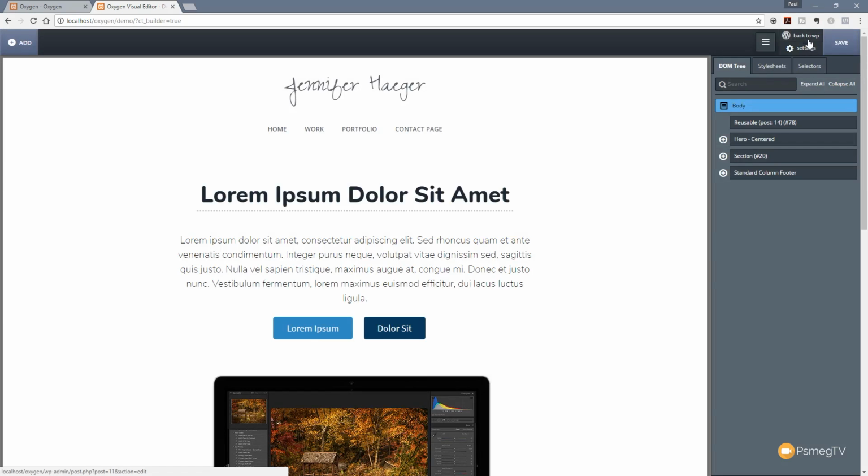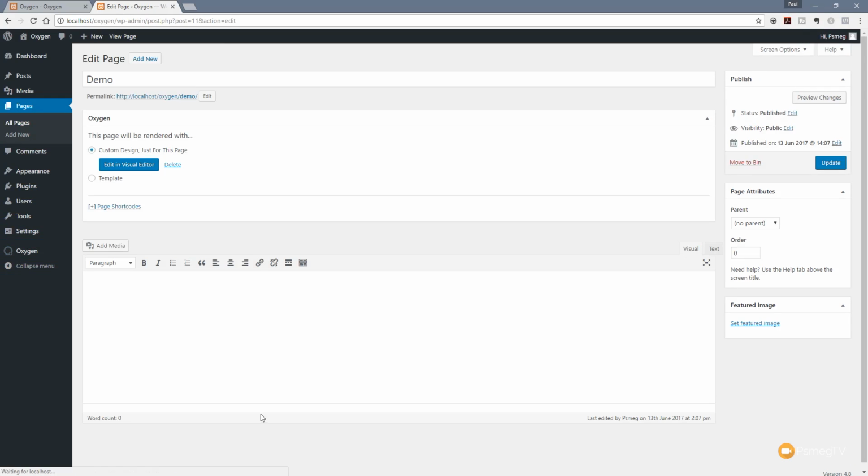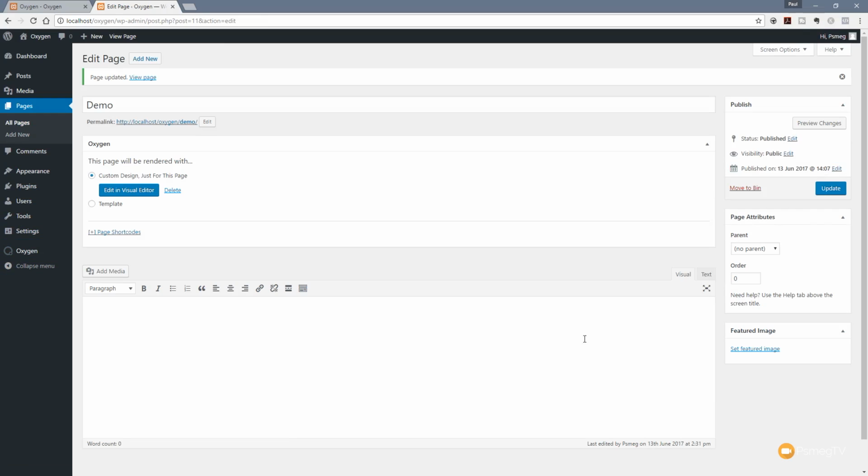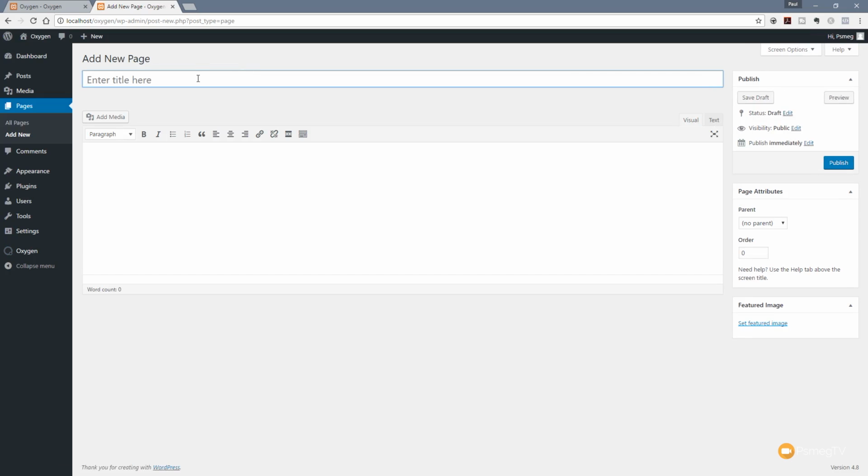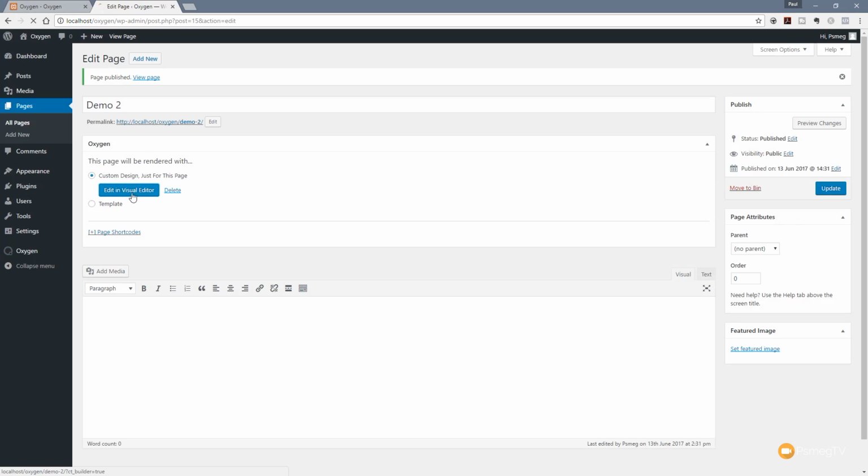Let's just jump back into WordPress, and that'll take us back. We'll just update this page now so we make sure we save everything. And what we're going to do now is create another new page. So we say add new, and we're going to call this one demo 2. And we'll publish that. We'll edit with the visual editor so we can bring up Oxygen